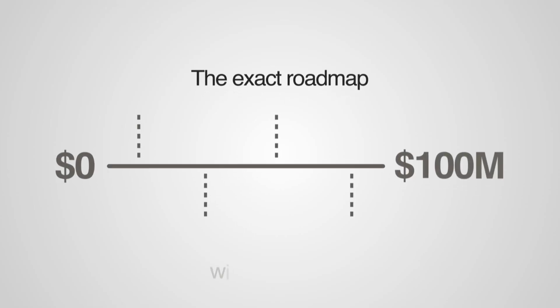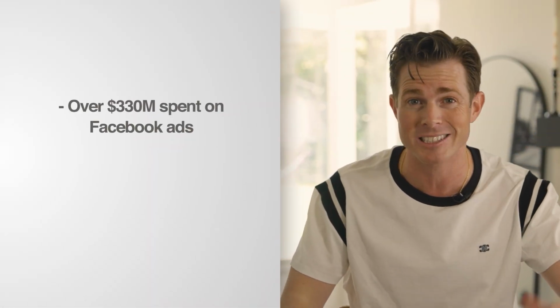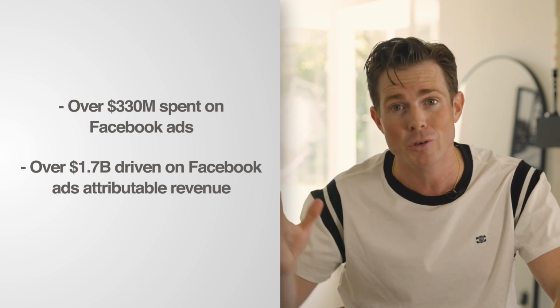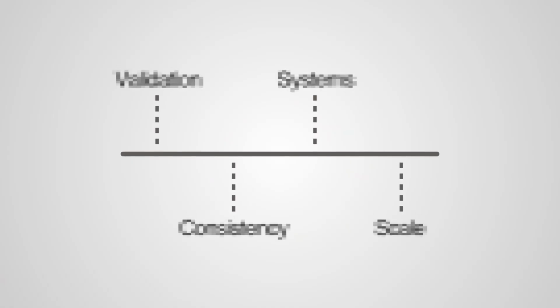What's up, y'all? Today we're talking about the exact roadmap to scale from $0 to $100 million with Meta ads. After spending over $330 million on Facebook ads and driving over $1.7 billion in Facebook ads attributable revenue, I've identified the precise stages every successful brand goes through and these specific strategies that work at each level of ad spend